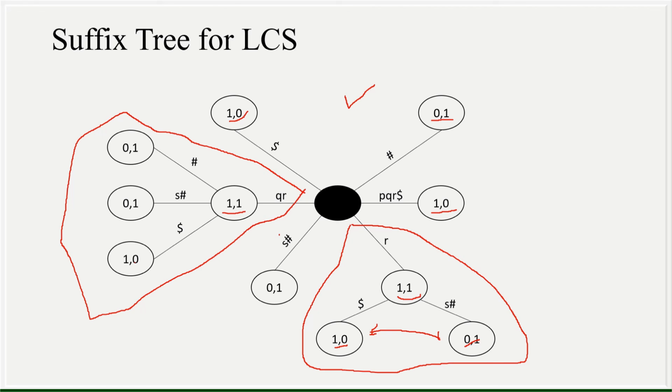As you can see, what this means is that there are two strings which are being repeated. One is QR and one is R. How I can make that conclusion is, since QR has the tuple value 1 1 and R has the tuple value 1 1, that is one way. And also, if we apply a depth first search traversal, then R and QR both have the longest path. Therefore, we can say that QR and R are the longest.